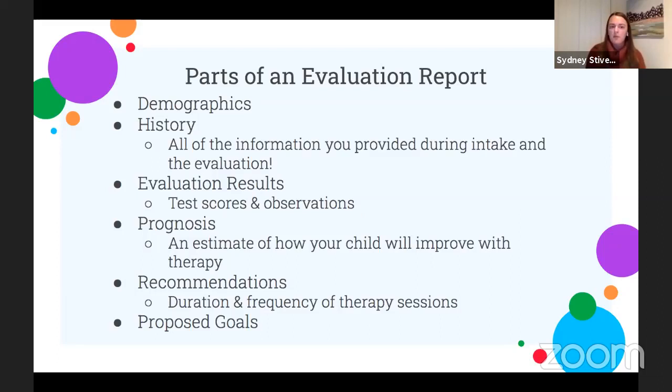So in the next few slides, we're going to look at a bell curve that we'll keep going back to because that's something that will be used in all assessments. And then we'll go through the different types of scores that you may see on your child's report. So here is the bell curve. I won't talk a ton about this now because we're going to keep going back to it as we go forward. But some important parts of this bell curve,